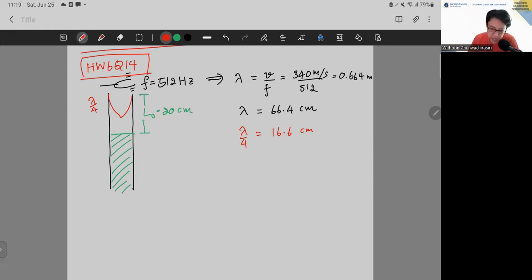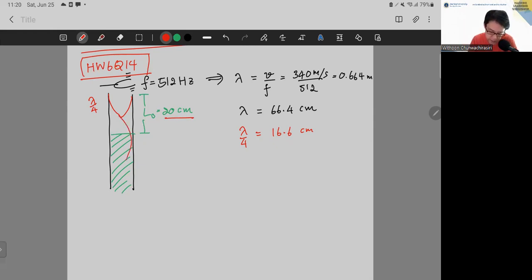However, your starting point is already at 20 centimeters. So you're already far away from that 16.6. So you already passed your fundamental frequency, I mean, the fundamental resonance setting. Does that make sense? So you would expect the next possible loud sound coming out when